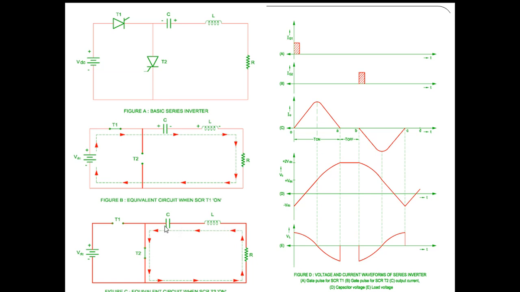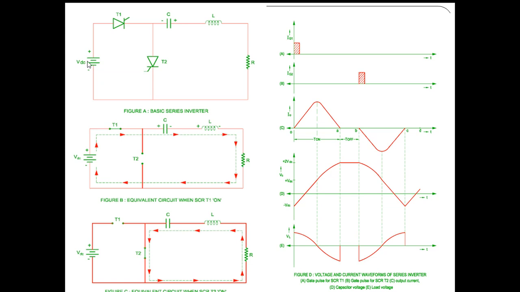So the current will flow from the capacitor through thyristor T2 and the load resistance, and through the inductor again back to the capacitor. In this way, the capacitor energy will drive current through thyristor T2, load resistance R, inductor and capacitor. In this direction, the current will flow. When the current is flowing in this direction, the energy across the capacitor will decrease and the load will have a voltage drop. Because of this capacitor energy, the current flowing through the load will be in the reverse direction.